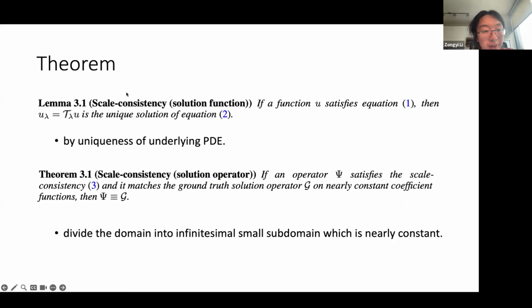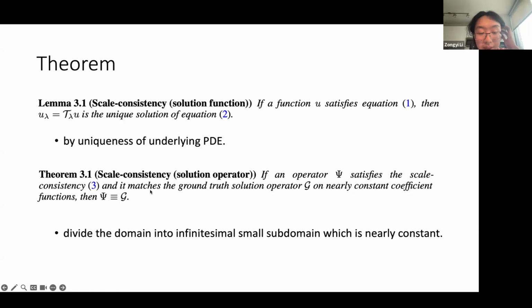For the simple theorem, the first lemma is that it is indeed consistent. So the global cases and local cases should be the same. It's based on the uniqueness of the PDEs. If they satisfy the same equation and the same boundary conditions, then they need to be the same as PDE solutions, right?